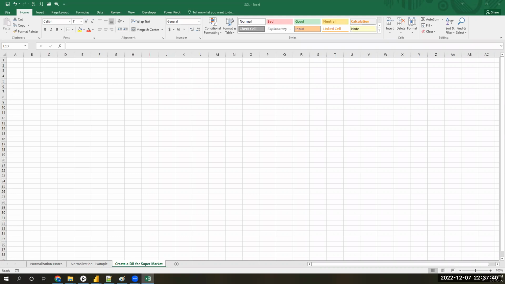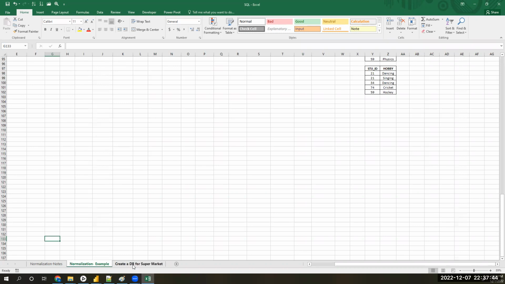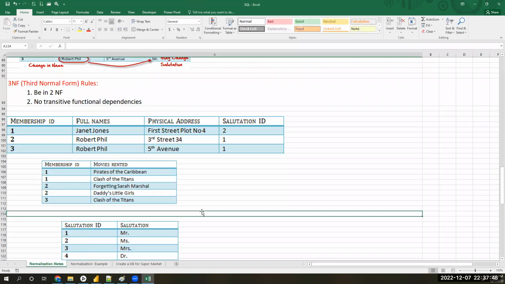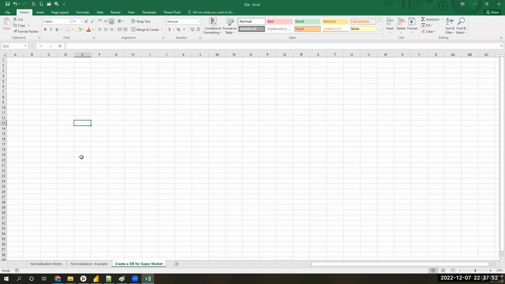You want us to make a note in this sheet? Yes, sir. This one I'll share. Take an Excel and create these tables, with tables as the header and columns as the rows.